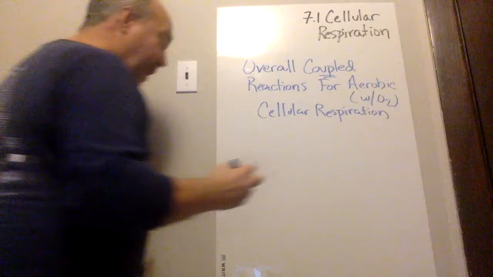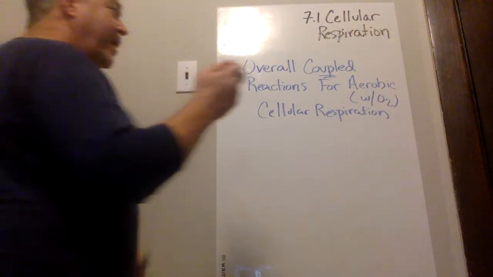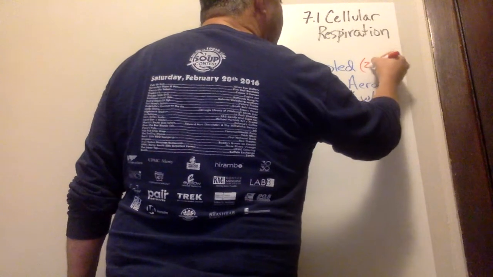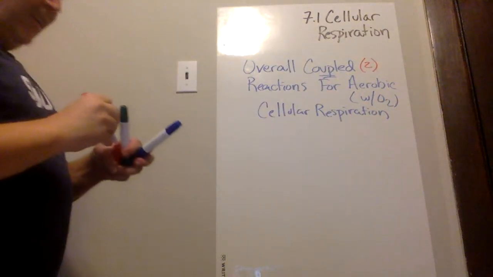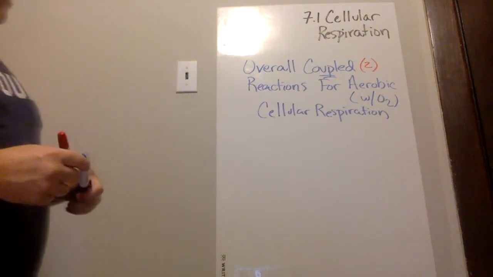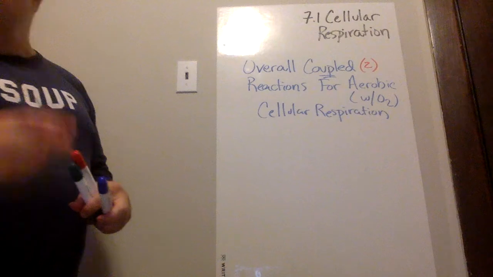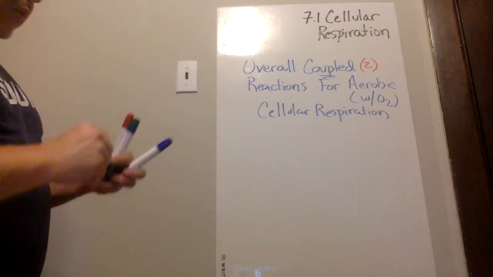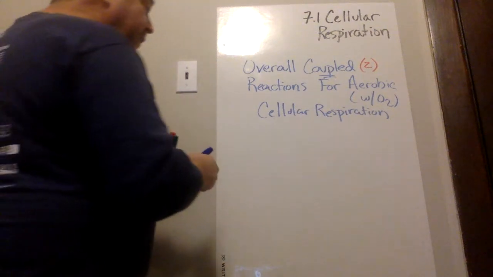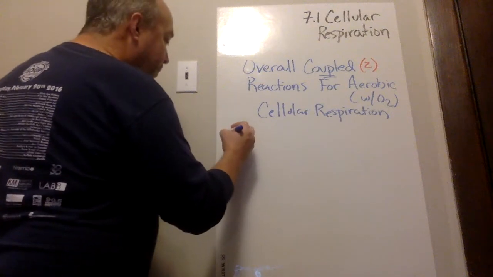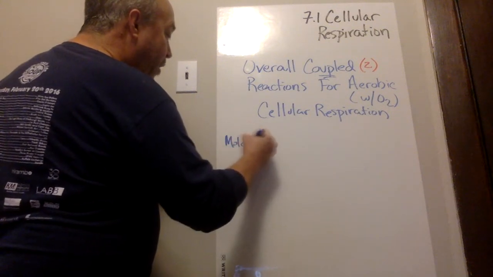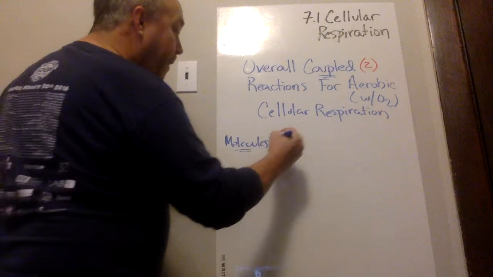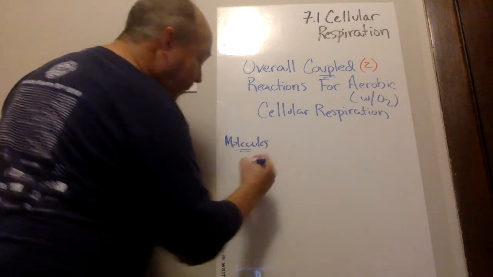So don't forget, if anyone asks you for a couple of things, they're asking you for two things. So if I ask you for the overall coupled reactions for aerobic cellular respiration, make sure you are giving me two equations. In the first equation, we're going to look at the molecules that are going to be moving around. This is where we have